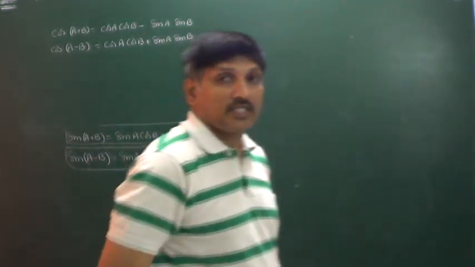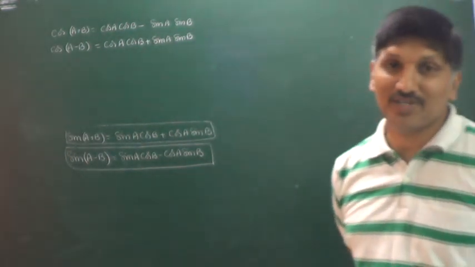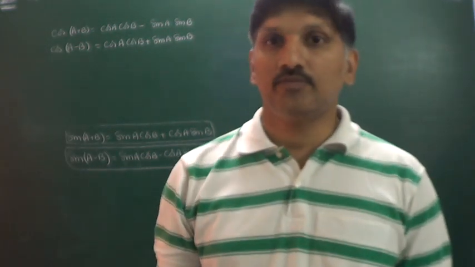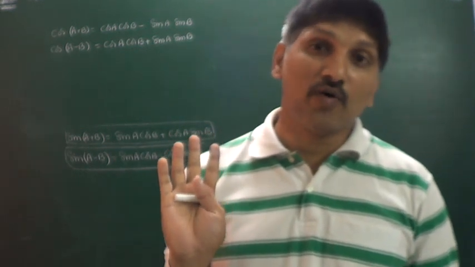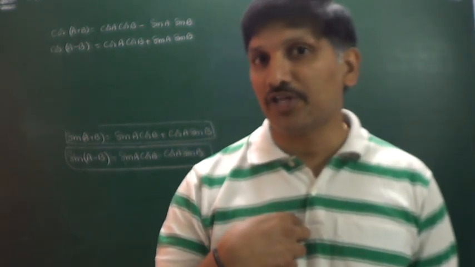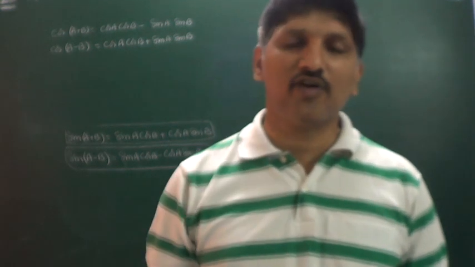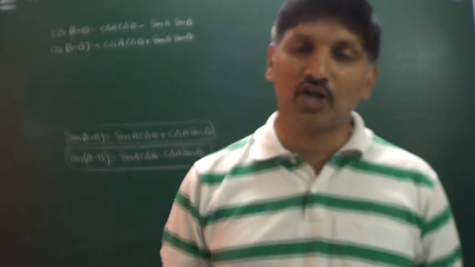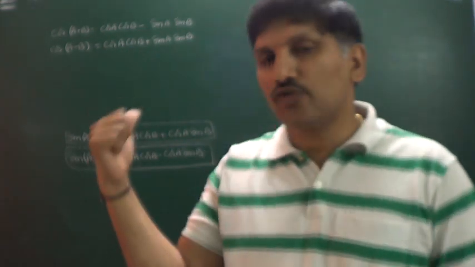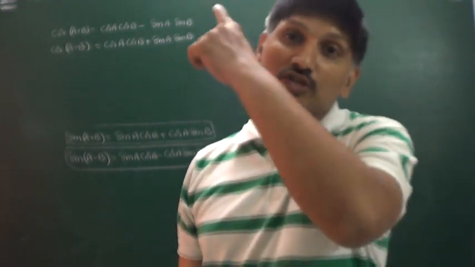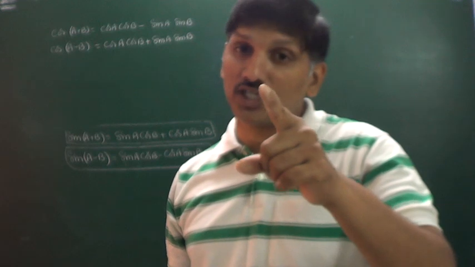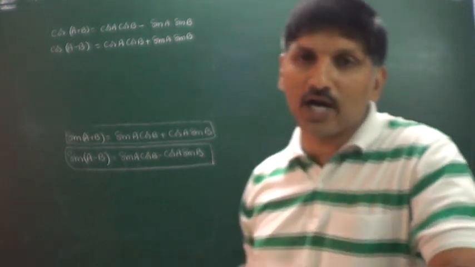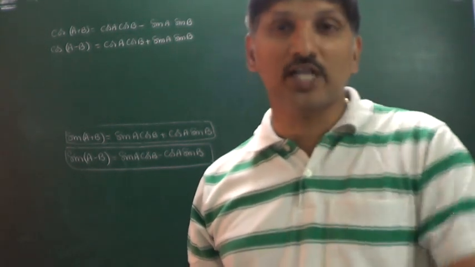So that is cos A plus B formula, cos A minus B formula, sin A plus B formula, sin A minus B formula. You won't believe these are the four formulas. With the help of these four formulas, I am going to derive nearly more than 50 formulas. For all those 50 formulas, for all those values of trigonometric functions, the basics are these four formulas only. All of you pay attention now itself. You have to learn those formulas by heart at any cost.